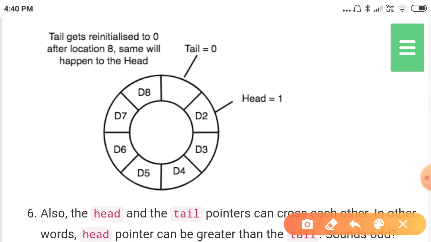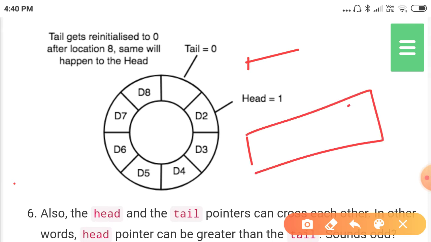If it is a linear queue, what will happen if the rear reaches the maximum? We cannot reinitialize. But in this circular queue, if it reaches the maximum, it is reinitialized with 0. Now the tail is reinitialized with 0.